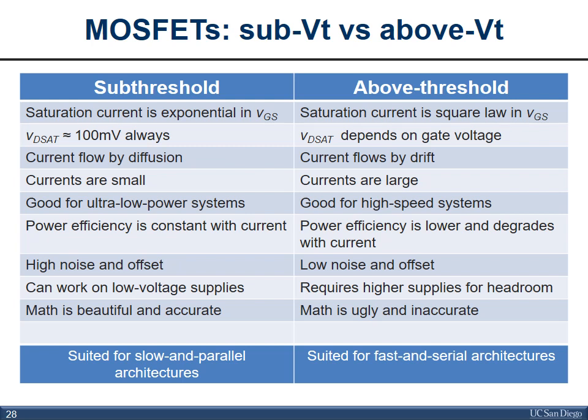Of course, in subthreshold, we can work at lower supply voltages because of the lower requirement on the drain to source saturation voltage. And it also turns out that the exponential behavior of subthreshold is beautiful, and the math works out so much more nicely